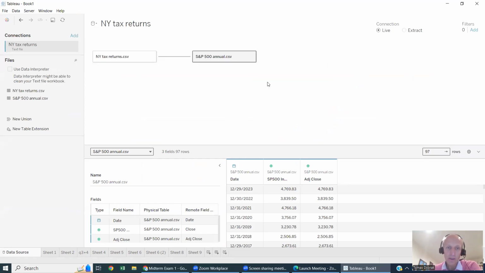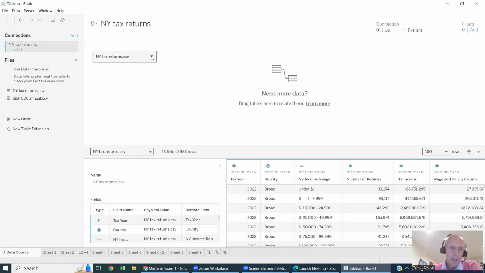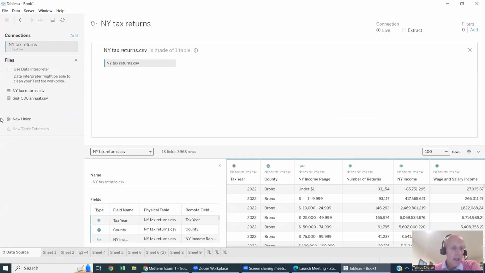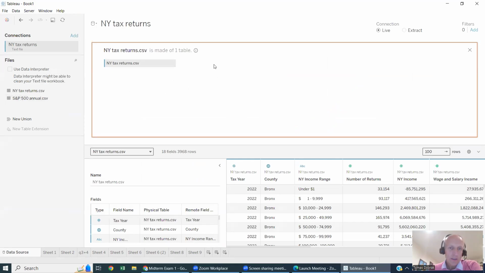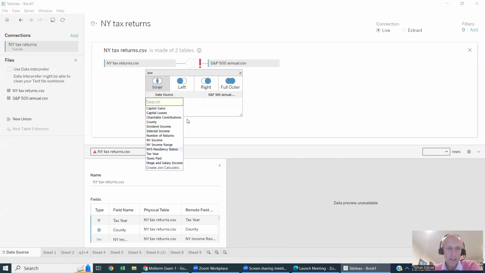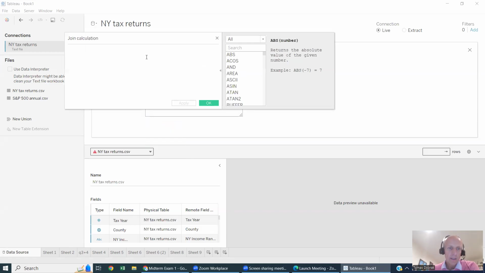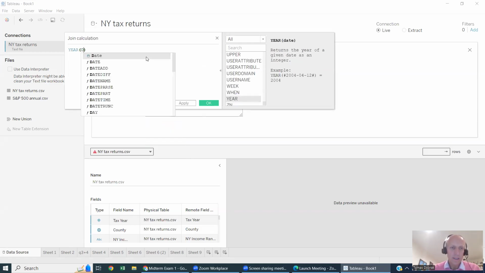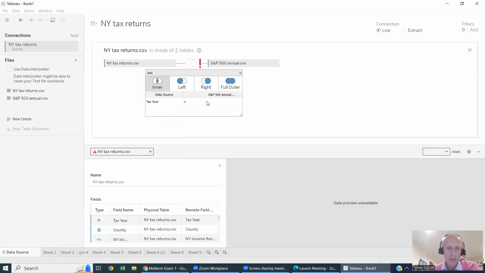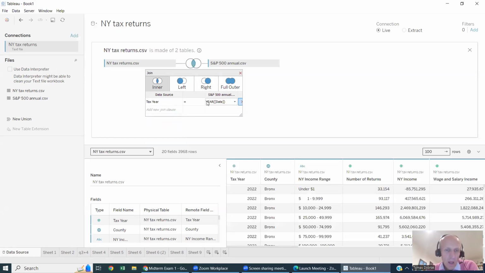So I'm going to remove the relationship. I'm going to open this here, drag in annual returns. Again, I will need a join calculation where I match tax year to year of date in the S&P 500 data. I can probably make this an inner join because the tax data goes from 2015 to 2022. The S&P 500 data goes from